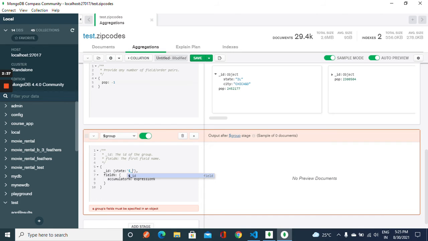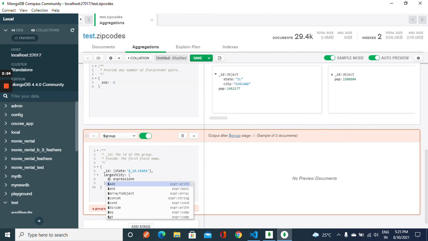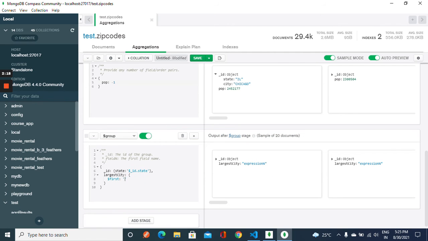So that is underscore ID dot state, and we want to have the largest city, which is going to be the first city in the document, or in the group rather. So first city is going to be city.